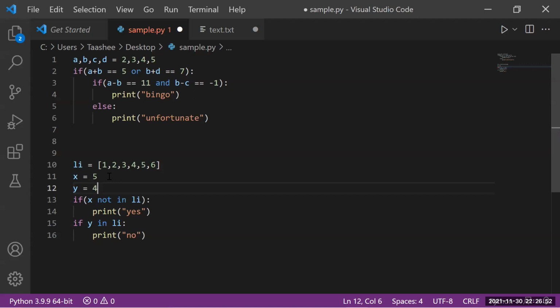Okay, let me just give 4 and 10. Okay, so let me just execute all this. मैं execute करके दिखाता हूँ, but this is how the major logical operator not is going to be utilized.